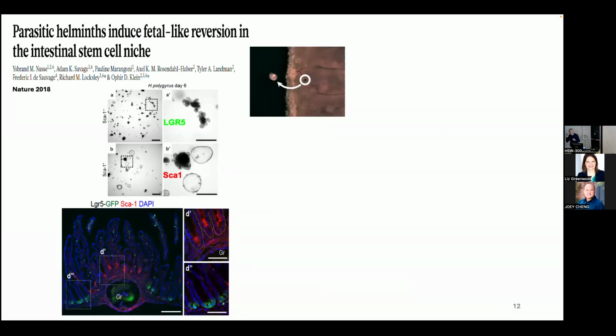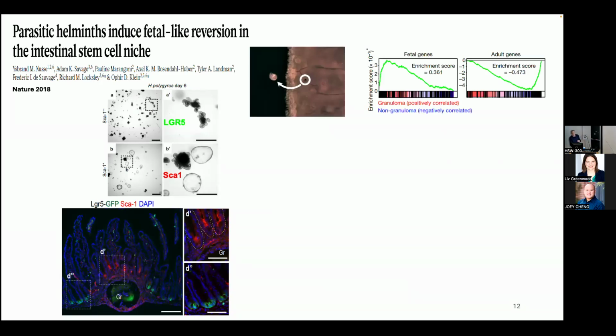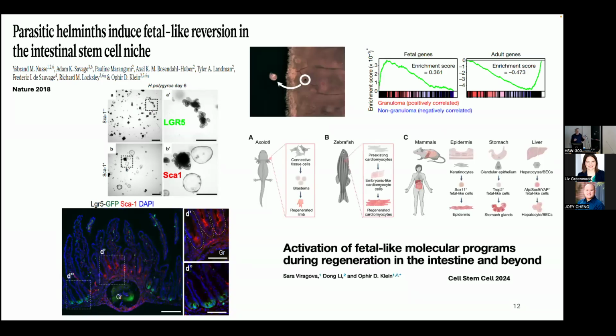The way I think of it, not as a developmental biologist, but as a developing fetus, you just want to cover real estate. You don't need to make enterocytes and goblet cells and all the remarkable cells that we make in adulthood. All you need to do is cover territory and build a tube. So you build fast. And that's what these animals do. In fact, as you can see, all the genes that are highly expressed over this granuloma induced by the worm are these fetal genes.